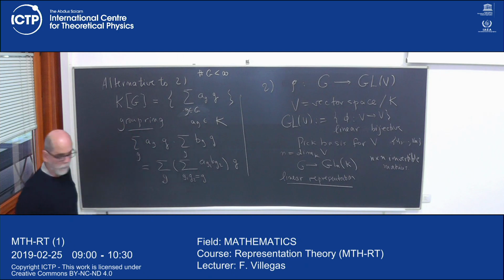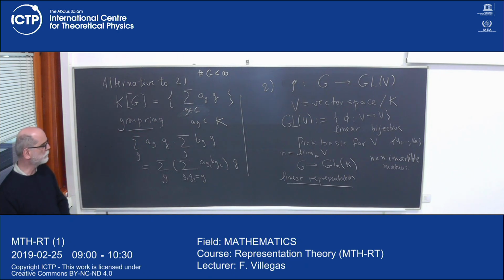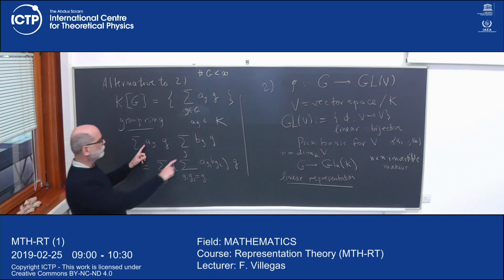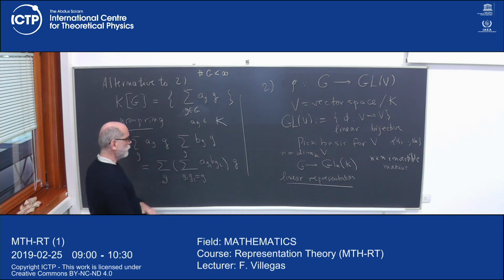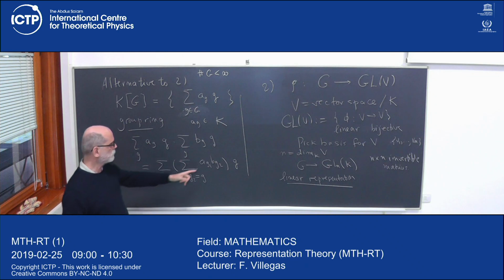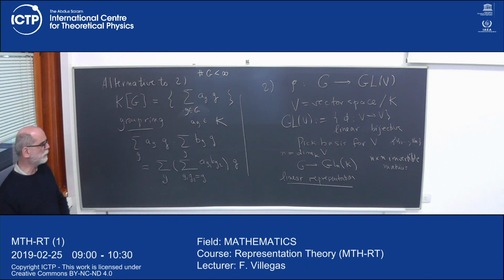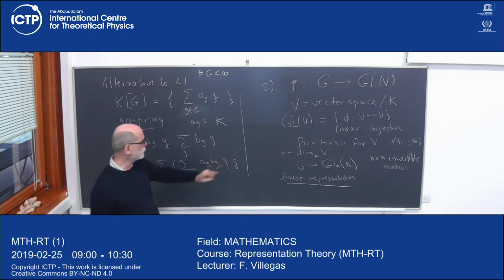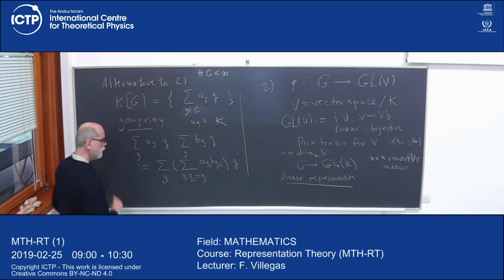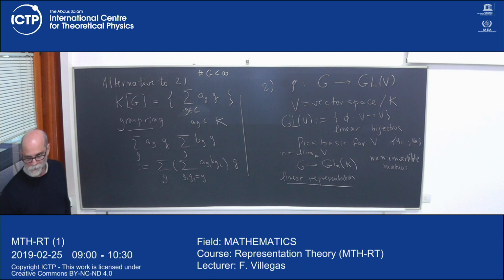So you just collect together those products of elements in the group that multiply to G. You multiply everything together and collect terms where the product of the two indices is the same G, and that's the coefficient of G. So you can think of this as the formal definition of what the product in this ring is,